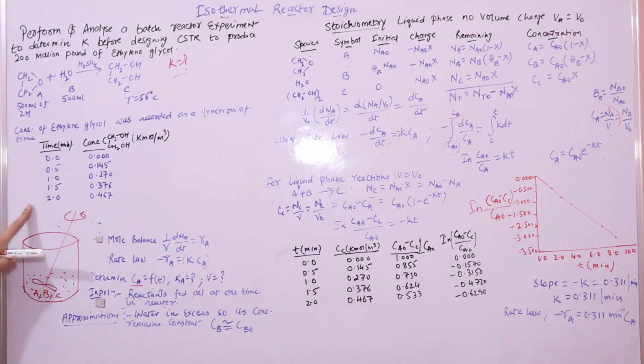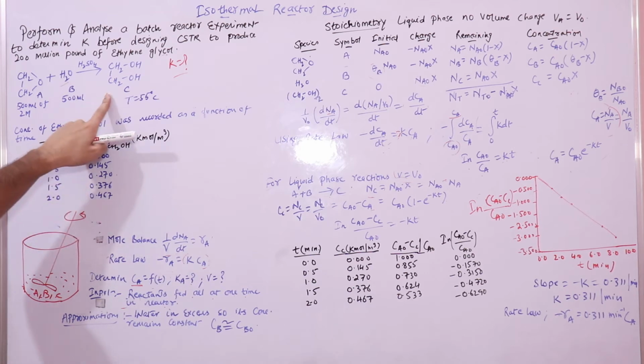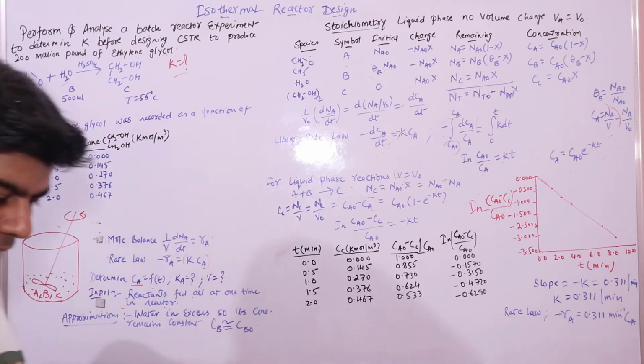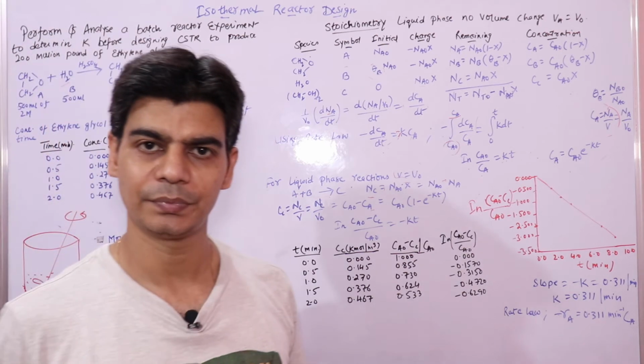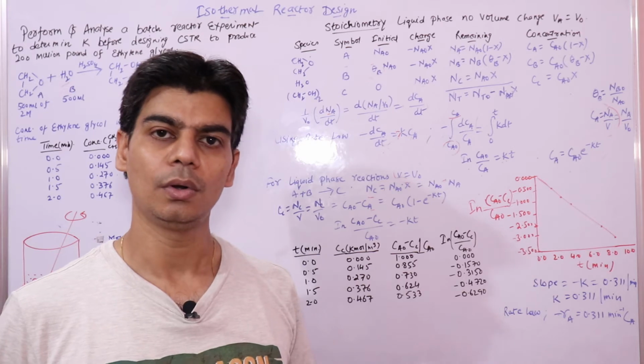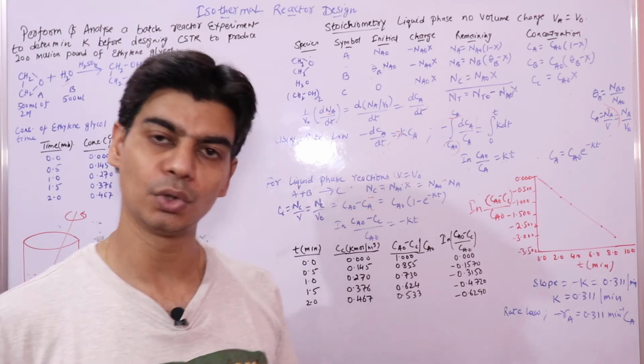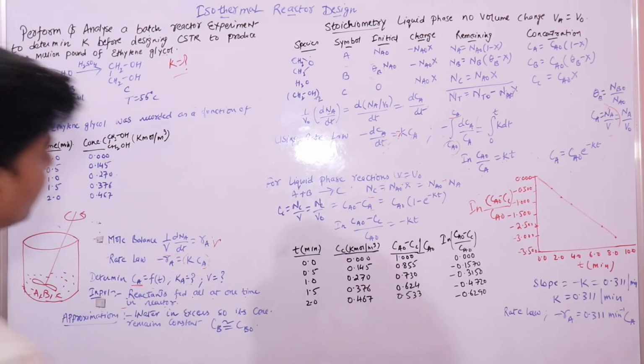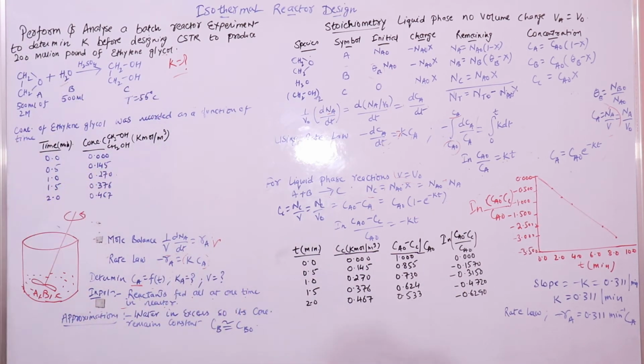We have been given this data: at various times, the concentration of ethylene glycol product. What we have not been given is the concentration of ethylene oxide reactant at different times. Now since we are doing a batch experiment, we should know the mole balance equation of a batch reactor, which is this. Before this, just